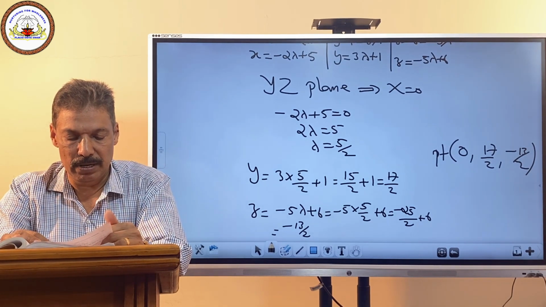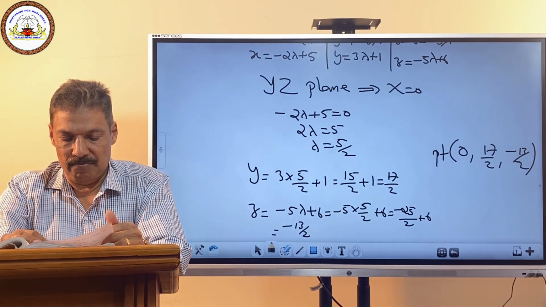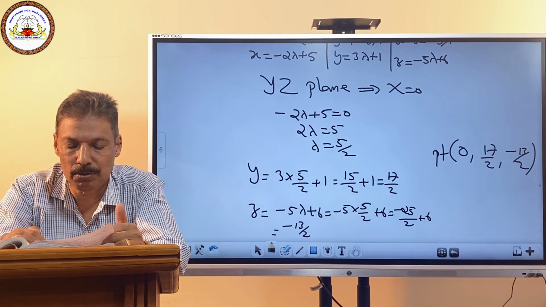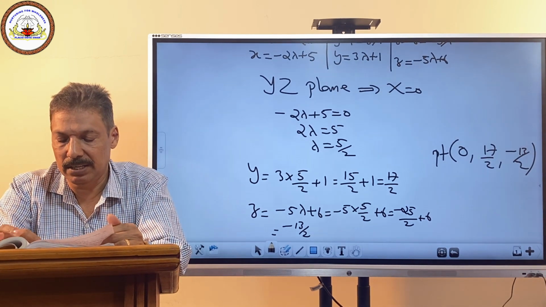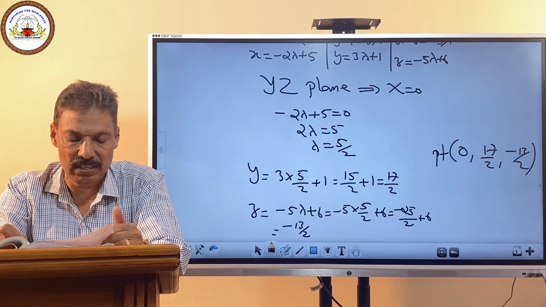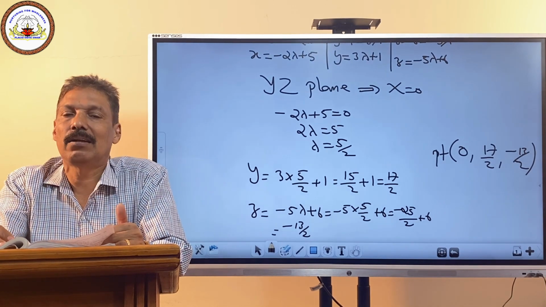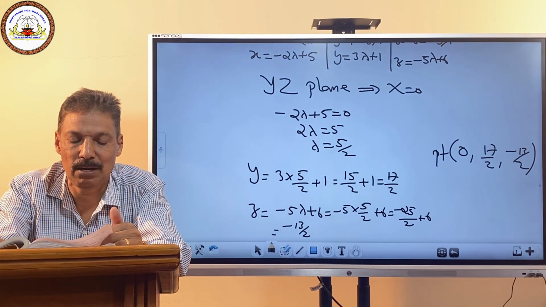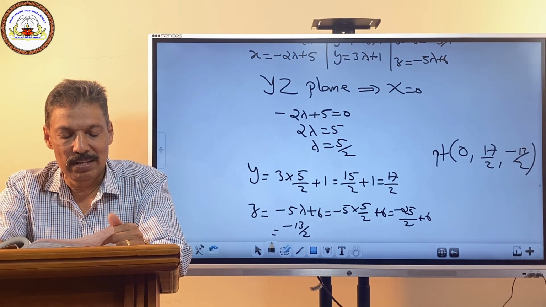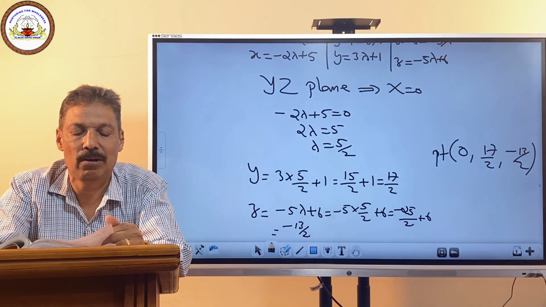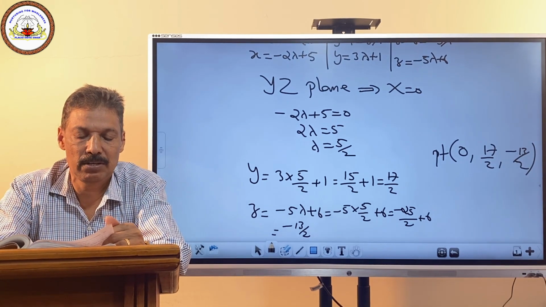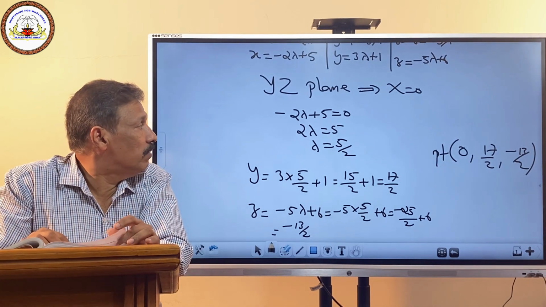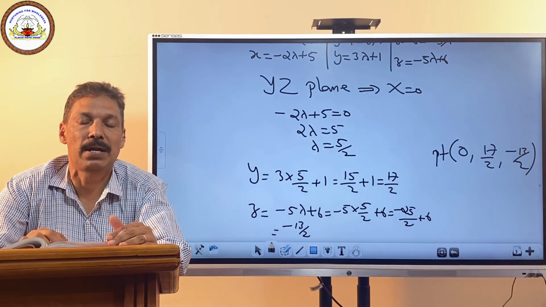Then we go to question number 12. Find the coordinate of the point where the line through the 2 points 3, minus 4, minus 5 and 2, minus 3, 1 crosses the plane. We have other planes in the last two problems. The one plane is the YZ plane, so we have x coordinate equals 0. In the 11th question, it is the ZX plane, so we equate y coordinate equals 0. Here a plane is given, so first of all, we require the values of x, y, z in terms of lambda and substitute.